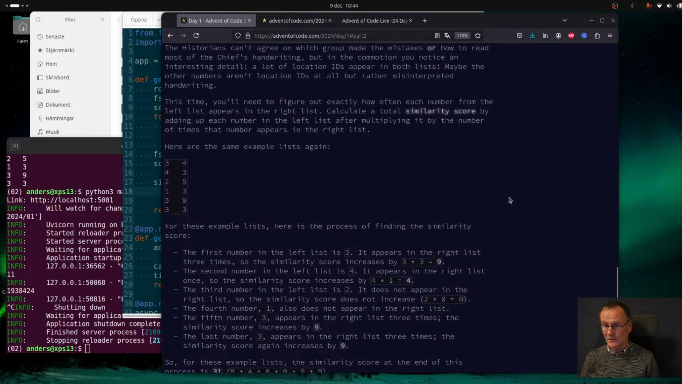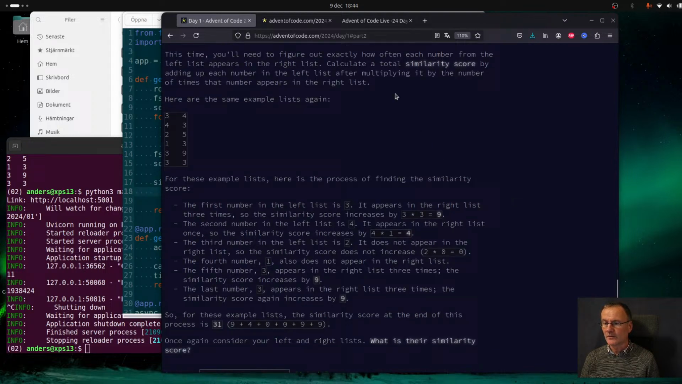So let's go back to the description. Multiplying it by the number of times. So we are adding the result of each row, but this time for each number in the first list, we are checking how many times that number exists in the second list. So yeah, we got the same amount of